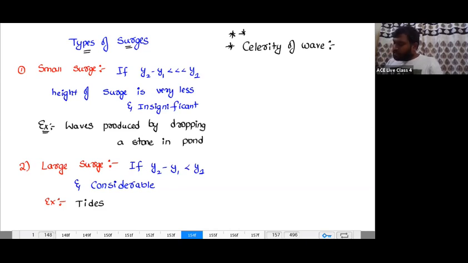Sir, can surge height be equal to y1? No, sir, it won't be. Think about that. Wave height is small and the depth of water is very large, right? Celerity of wave is represented with c. And what is the celerity of wave, sir? This is a relative velocity of